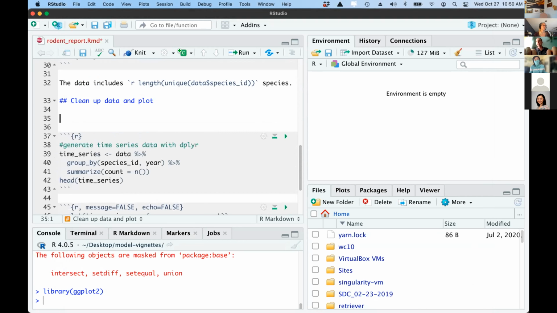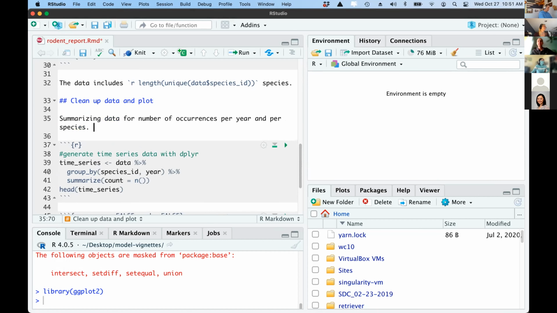So I'll be like, subsetting data for, or summarizing data for number of occurrences per year and per species. And so that's really the intent behind some of this, is to have a lot more of that narrative about